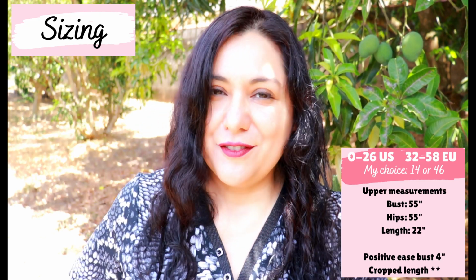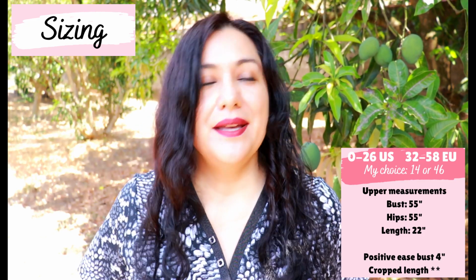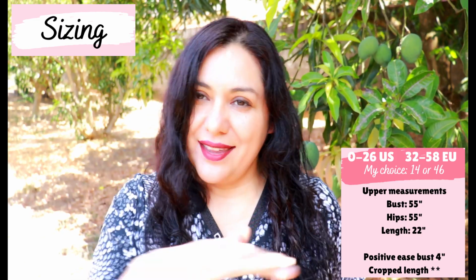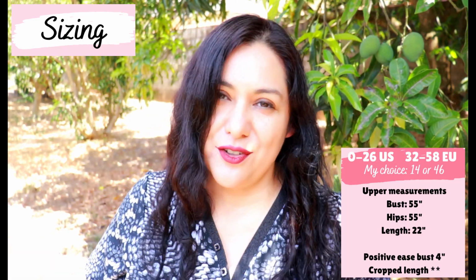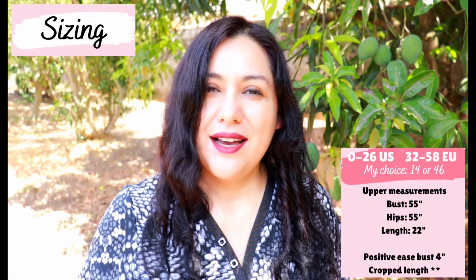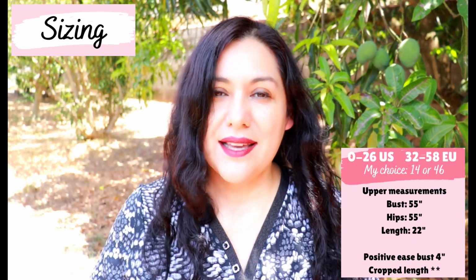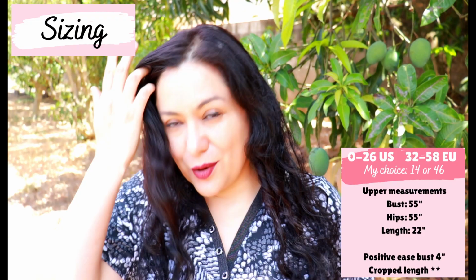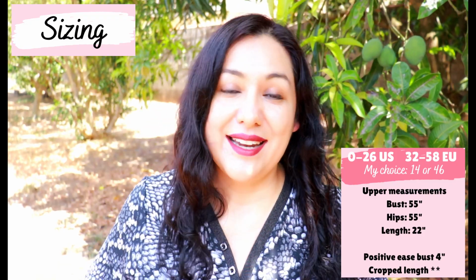The upper measurements are 55-inch bust and hip, but consider that this is quite a short design, so at the hem it's not going to actually reach your full hip. It's going to be around the mid hip or the high hip area. There are 4.5 inches of positive ease around the bust, and the length is super cropped. It's about 22 inches. So knowing that from the get-go, I knew I needed to add at least 3 inches to the length,